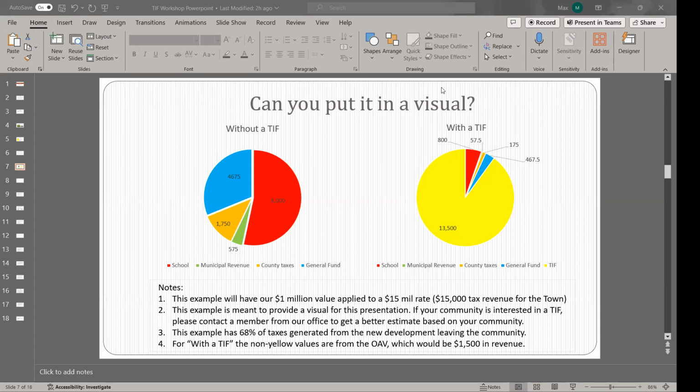And again, this is a program that only really lasts for 30 years. Once this 30-year program is over, the state now looks at what it can include as captured assessed value. We have it at 900,000 right now. If your community created a TIF, it went up to $1 million, and you decide, this isn't for us, let's put it back into the regular program, then the state looks at it and says, oh, it's now a $1 million parcel. The town's picking up the tab for the difference.